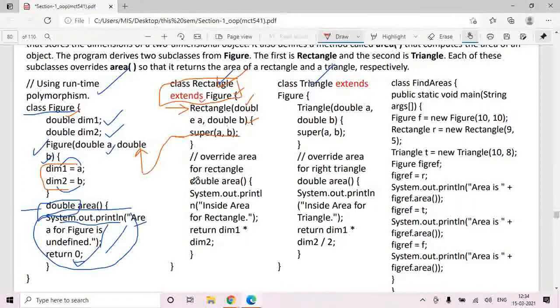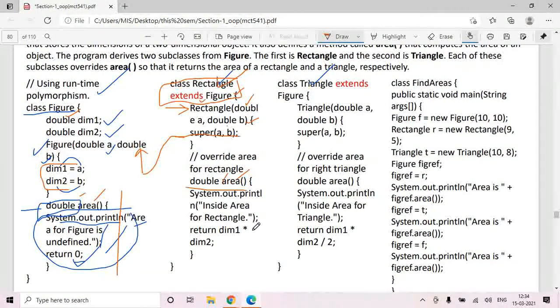We have written an area function. We have overridden double area. Now here it is a general figure. We don't know what the figure is, so we can't apply the formula. But here we know it is a rectangle and we want to print its area.